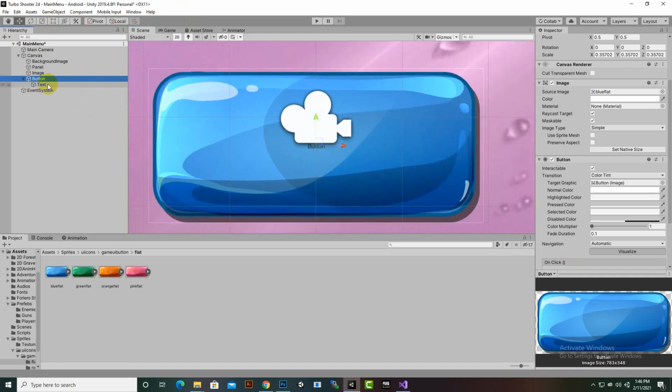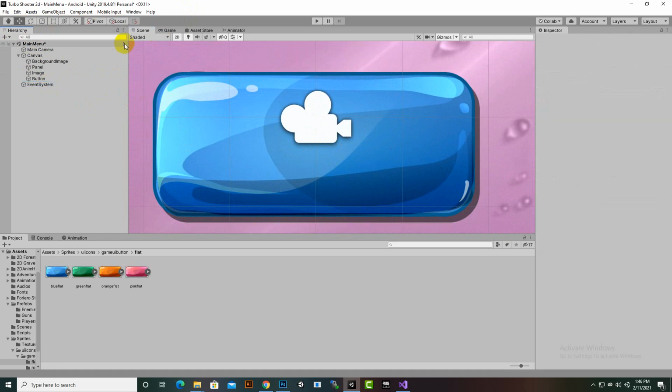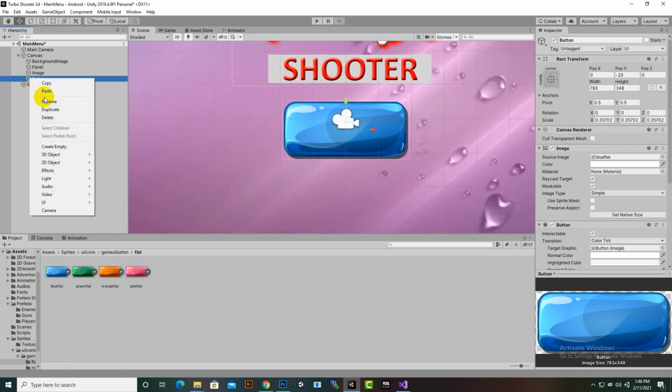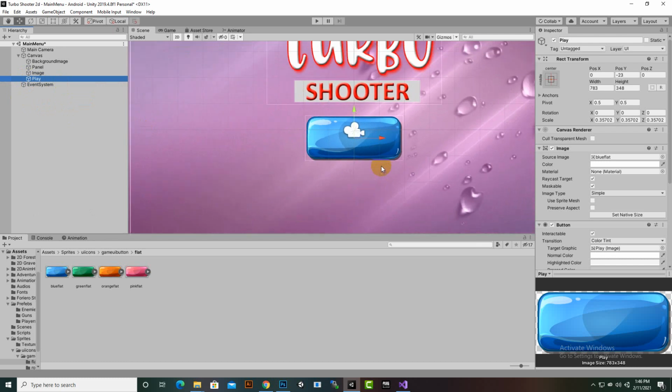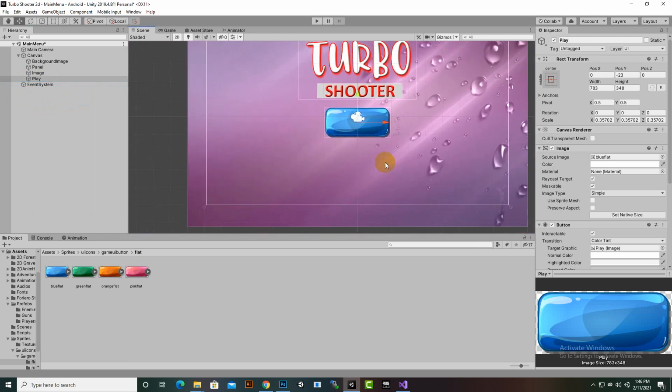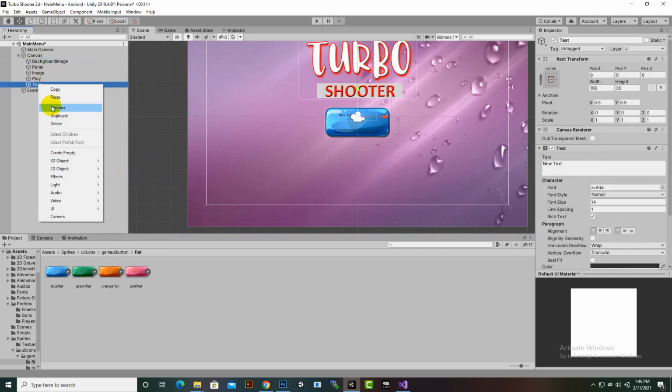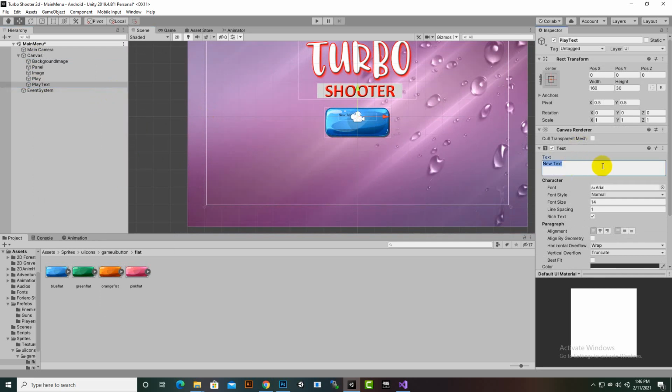So for better result we can delete this text for now. Then we will select button, and I will change the name of button to play button. And for adding text into this button, what we can do, we can create a new text here, UI text, and we will change its name to play text. And here we will add play